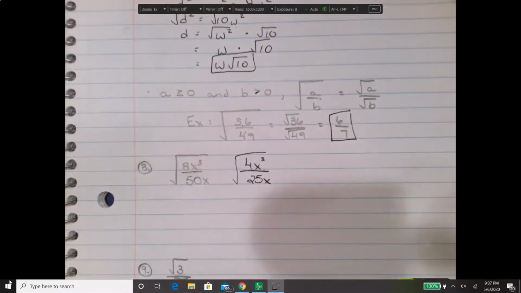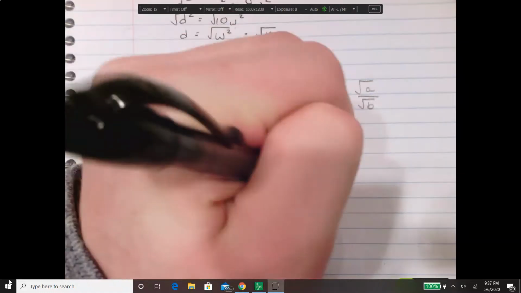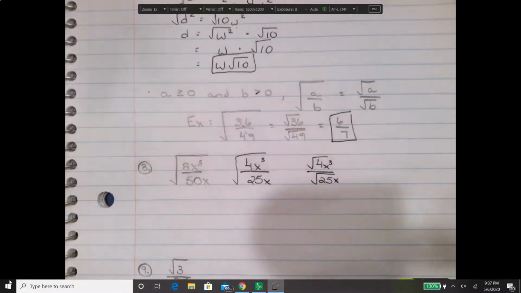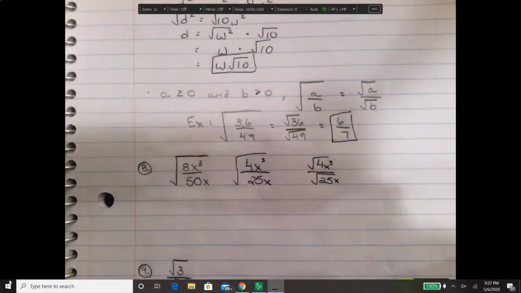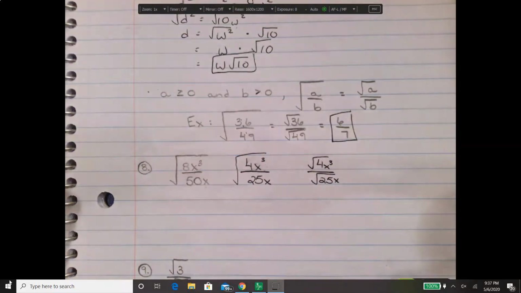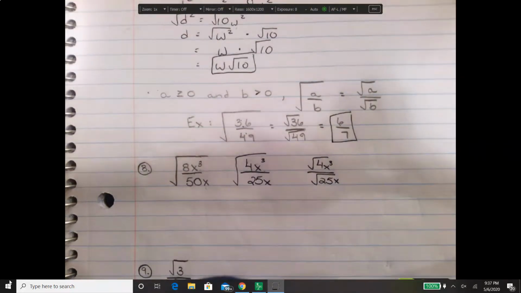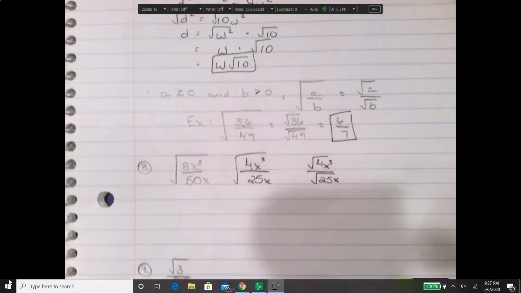And hey, that really helped us out because both 4 and 25 are perfect squares. So from here, I can apply that rule and say the square root of 4x cubed over the square root of 25x. So that's my new problem that I'm working on solving. My next step is I want to separate this out a little bit. Real quick, guys, before we begin, there is actually one more step you could do in simplifying this,